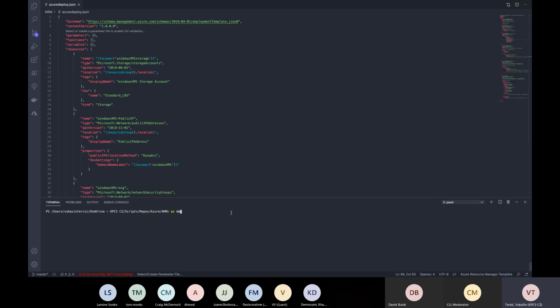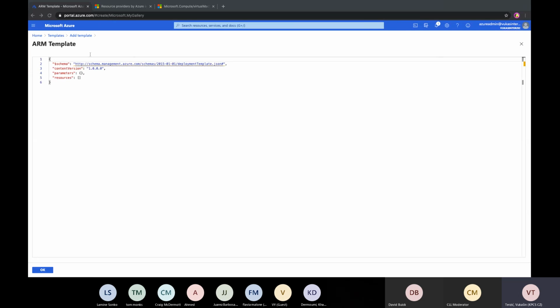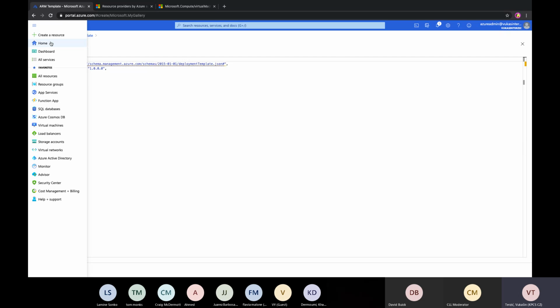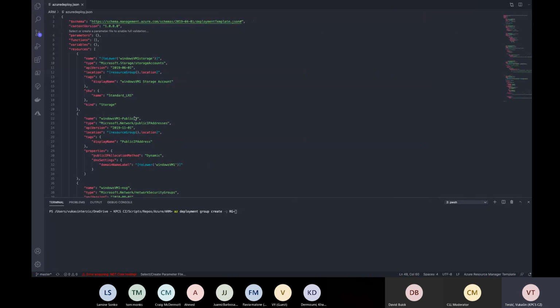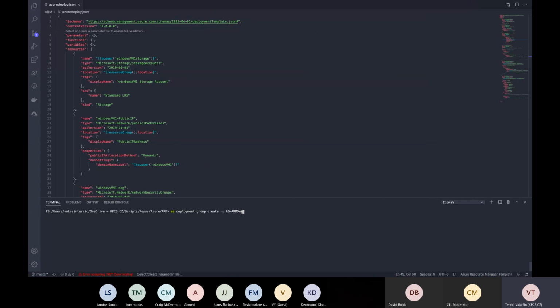So we go AZ deployment group. This is the group level. We are going to create a deployment in the group, and I don't remember my Azure resource group name. That's funny. The resource group name is ARM demo. Okay, and then I'm going to use a template file, Azure Deploy JSON. Okay, this is the file. It's inside of this folder. So if I do this,